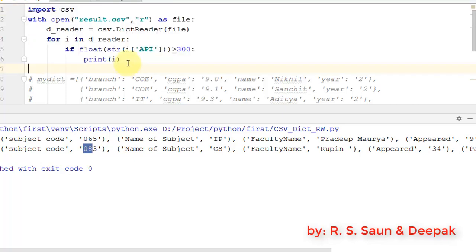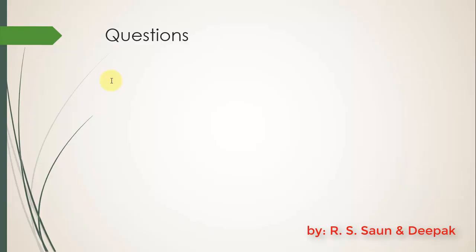And this is really very easy to filter out data and work with your CSV files using this method, as compared to our previous one where we receive a list and we have to check all the columns or filter out, recognize the column by the index, right? So I think this one is better, and it is up to you what method suits you or which method you are comfortable with. You can use that one. And this concludes our tutorial part, and let's move to the question part and see the first question.